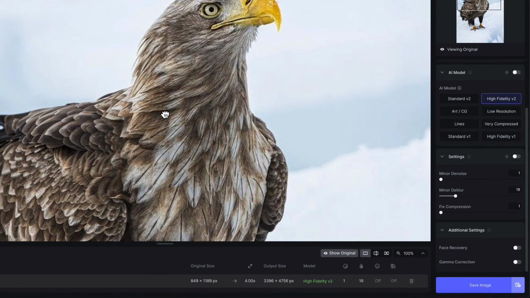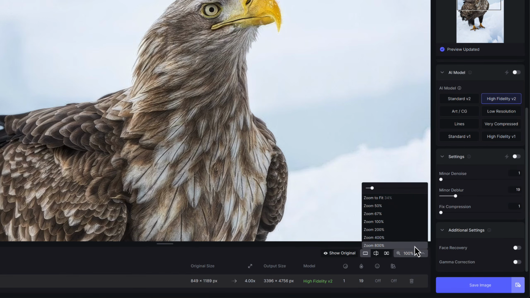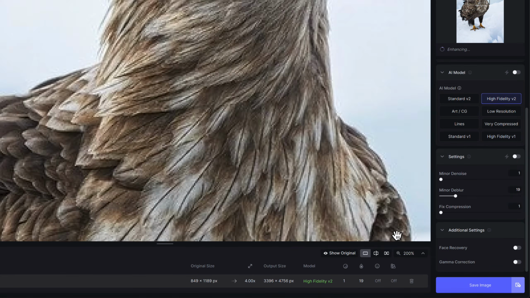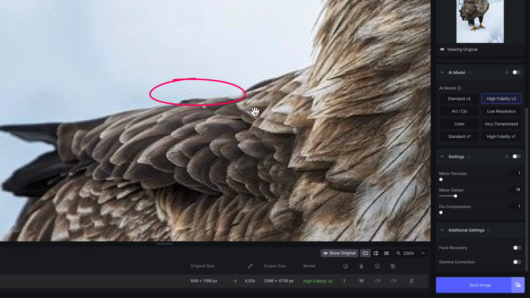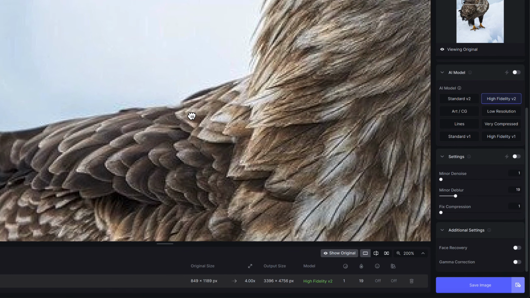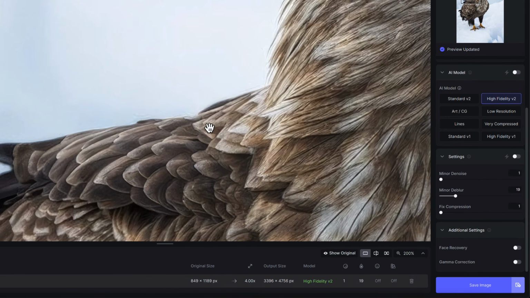And if we look around the wing here, now I am going to zoom in for this so we can see a bit more. If we look around here, you can see when I click and hold over the original to reveal the original image, you can see the compression artifacts kind of along the edge of the wing and just around the edges generally. Now, if I let go, you'll see those are mostly gone, even though the fixed compression slider hasn't been